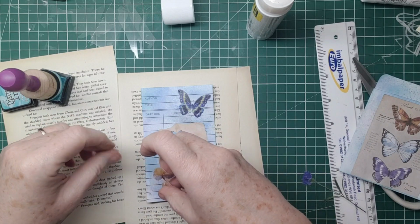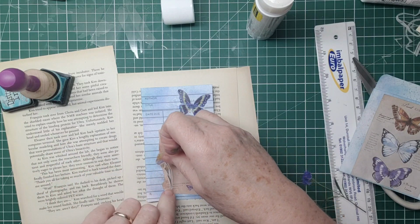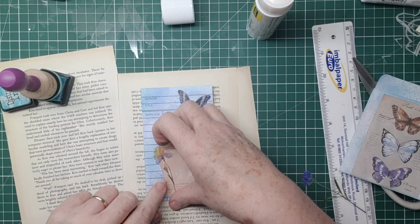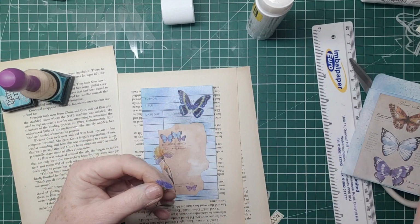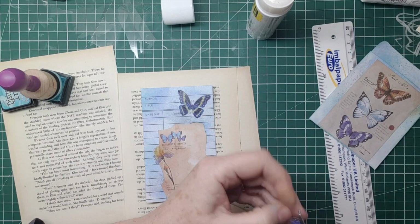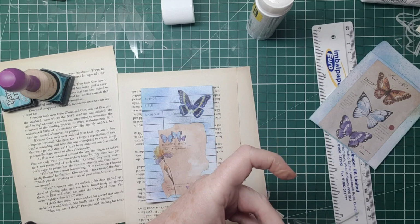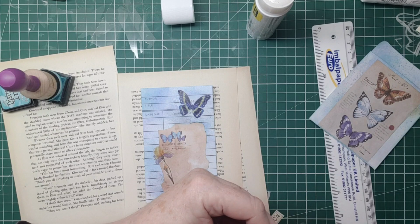I'm going to pop that one here like that. This is one of these shiny ones. I'm just going to take some of that off. Not too keen on the shiny, but you know,